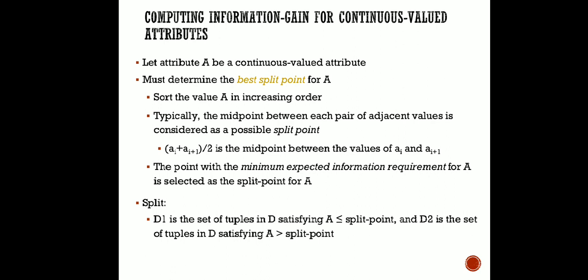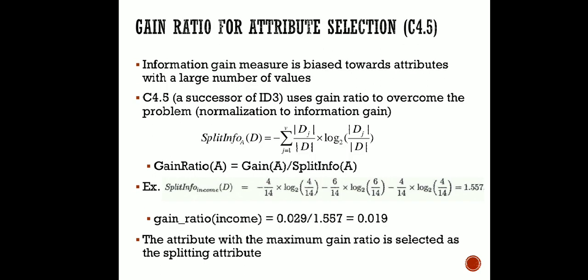Fine. Now here one more algorithm is there called C4.5. It's a successor of ID3. Instead of just sticking to information gain, right? We were talking of information gain, and we have seen that whenever my information gain is highest, we use that node for splitting. You can see there is a bias here.